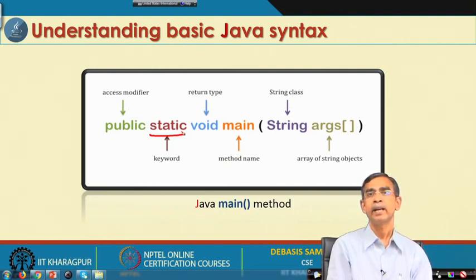Whereas for the main class, we usually do not create any object of this class, yet we want to access the method defined in it. So, that is why if you declare it static, then object creation is not necessary.